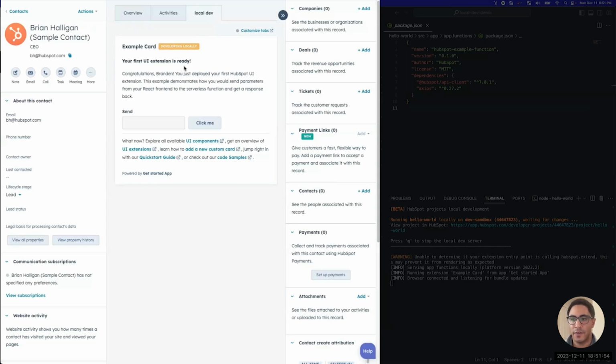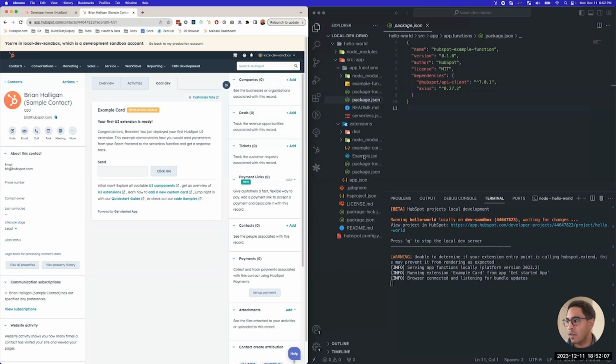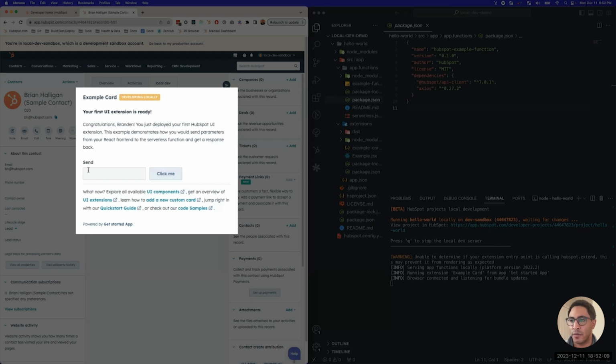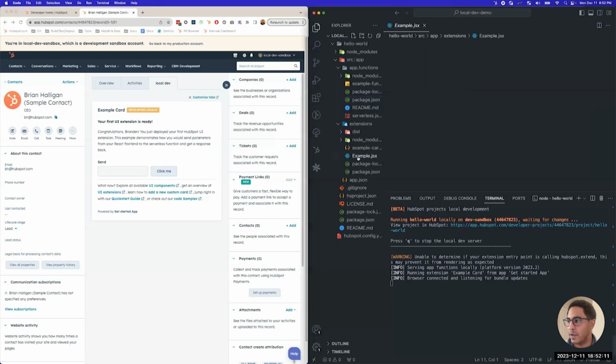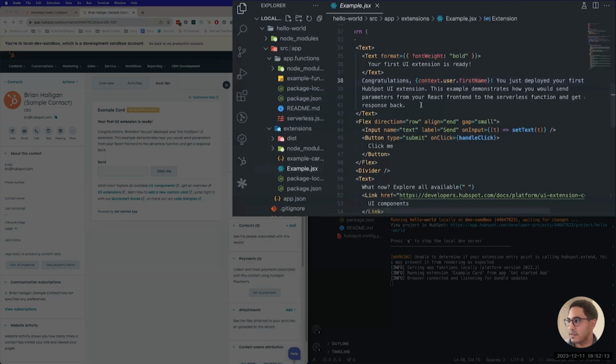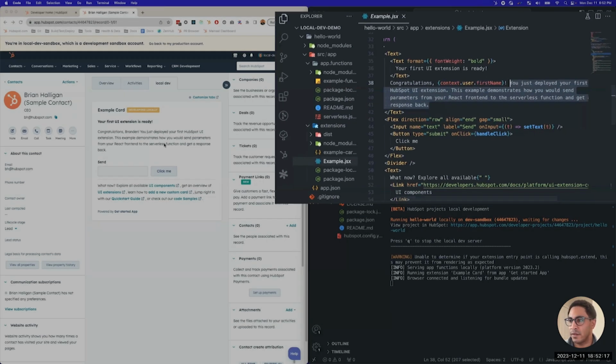Great. All right. So now everything's uploaded, and we actually can see that the CLI is successfully connected to the card via this developing locally banner that shows. So we are all set up to do local dev. If I want to make a change to my React component, I can do it and make use of the hot reloading that exists. So if I want to change all of this text here that is showing up here,